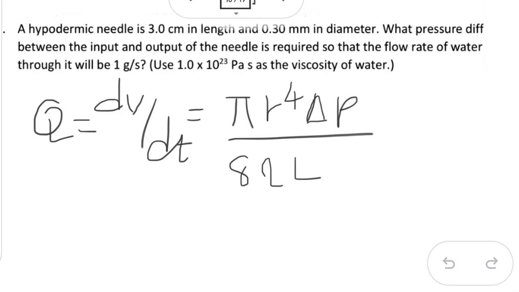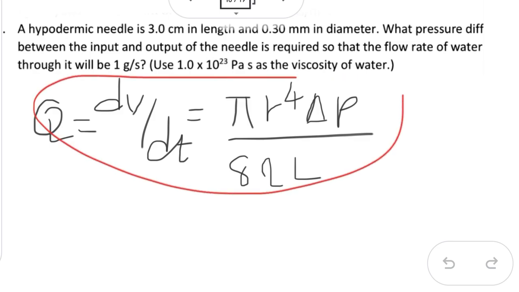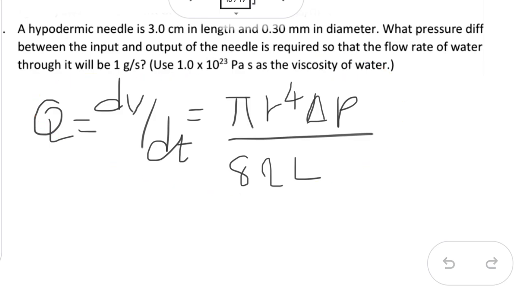In this video I'm going to introduce you to a very important equation when you are dealing with fluid mechanics. Poiseuille's equation is very useful in trying to determine the flow rate of a viscous fluid. That means a fluid which has some internal friction, which is known as viscosity. So Poiseuille's equation here